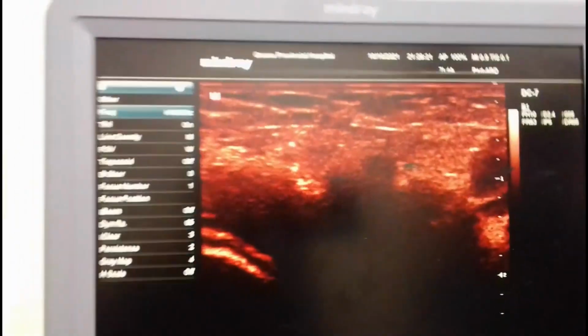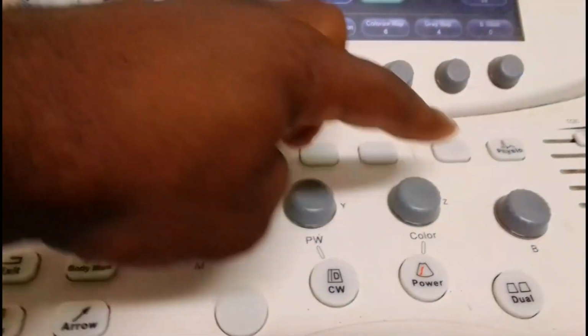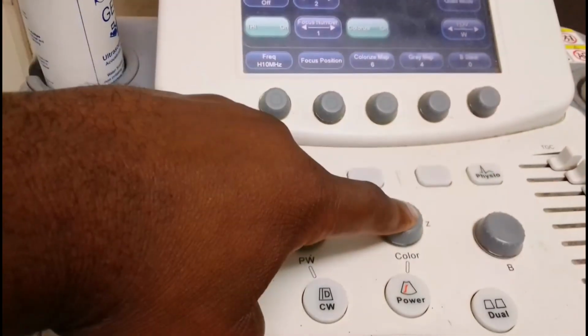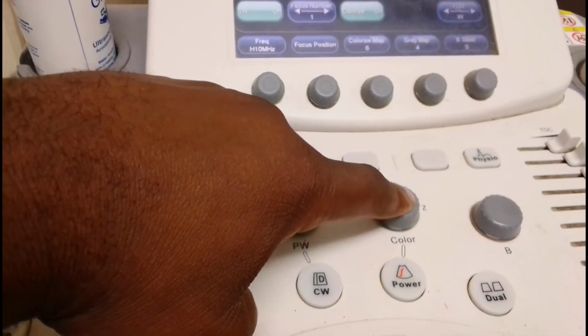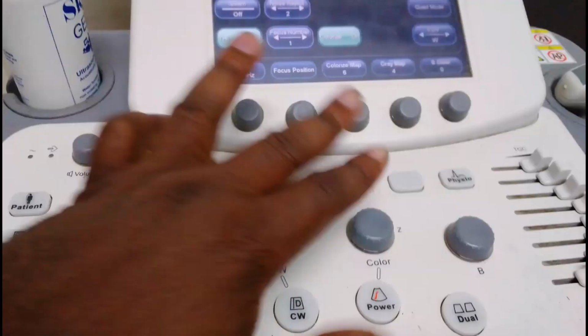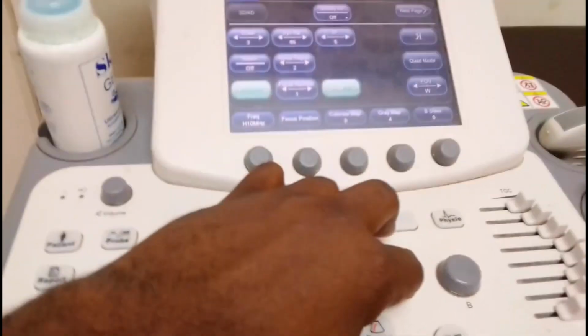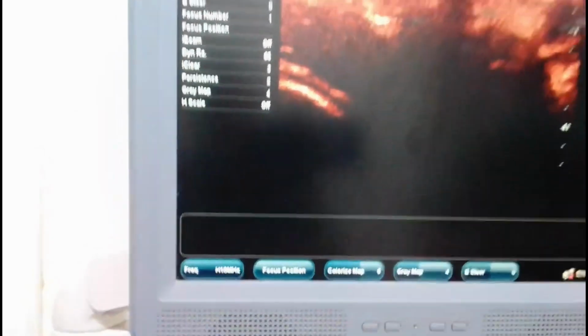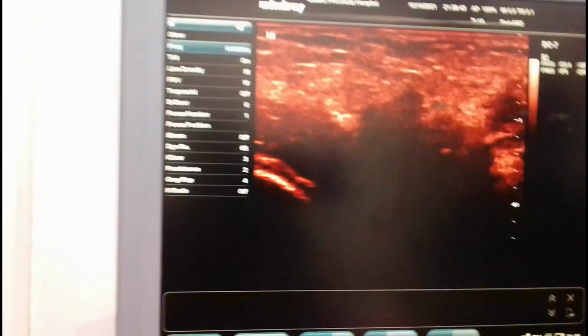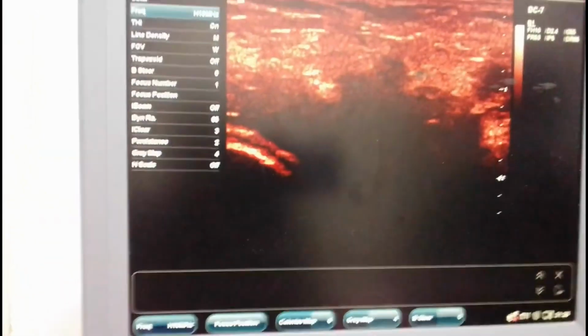So in a nutshell, this is it in terms of this color. The color that we're talking about here is different from the other color button. This is color, where we talk about Doppler, the flow in blood vessels, and this is the power. We are going to deal with this one separately. This is the color map and the grayscale that we're talking about, just adjusting the grayscale using these two buttons. So when you're doing an ultrasound scan, also remember to adjust the color map and the gray map as well.